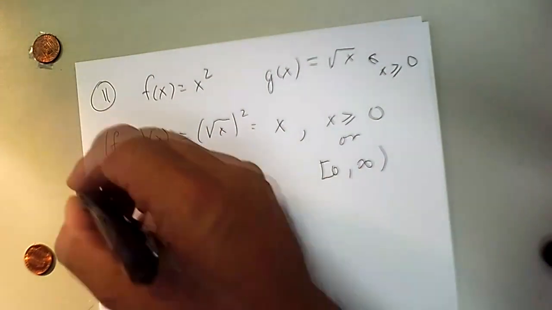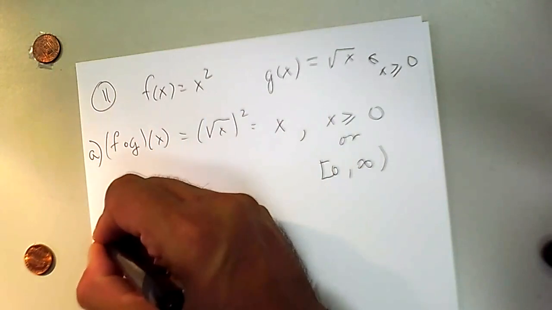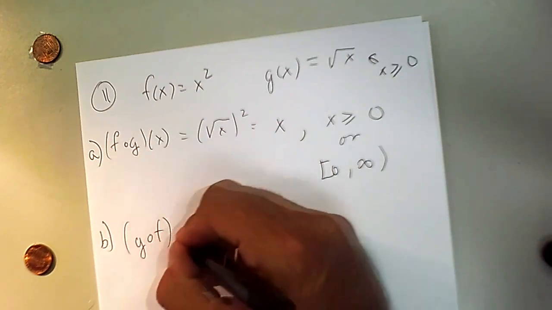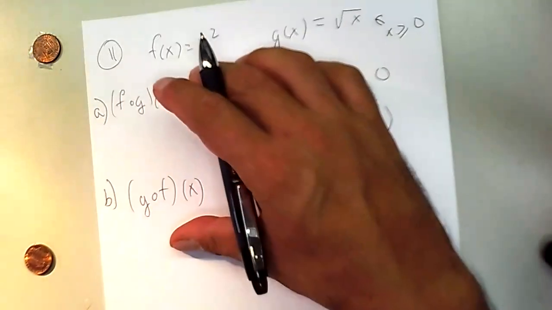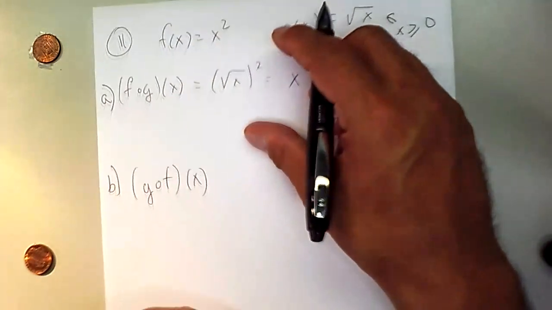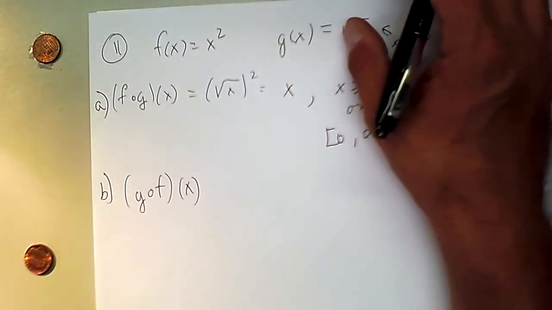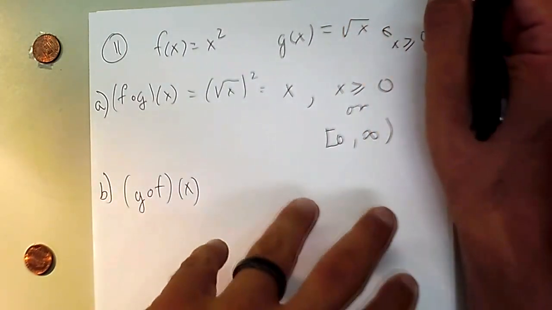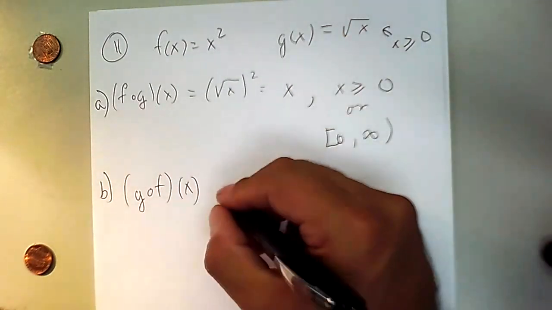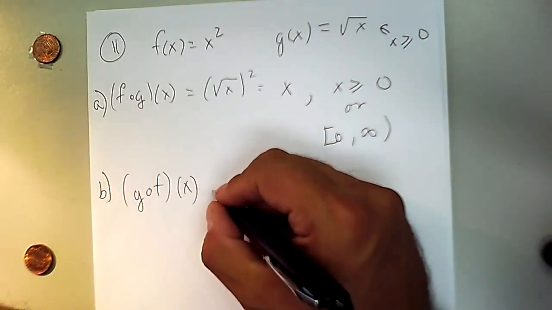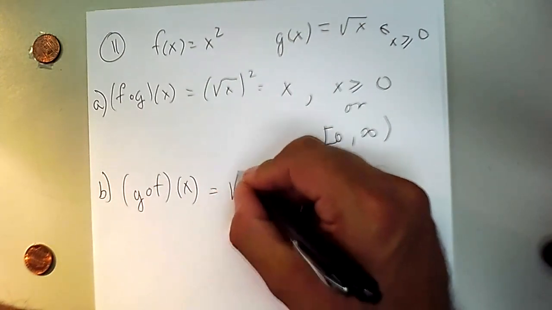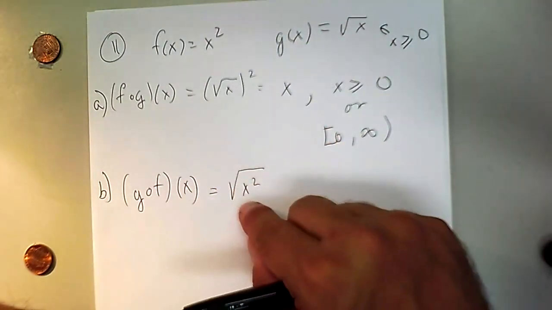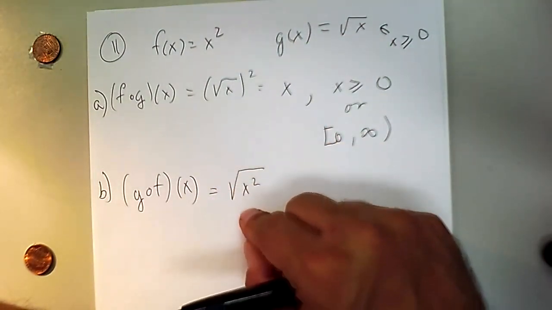So this is part A. Part B, if we compose the other way. I love to put those examples in tests and quizzes and assessments in general, because I want to check whether students know or remember how the domain works. All right, so this says we're going to take the square root of x squared. That is not going to change the domain. The domain is going to be all real numbers,